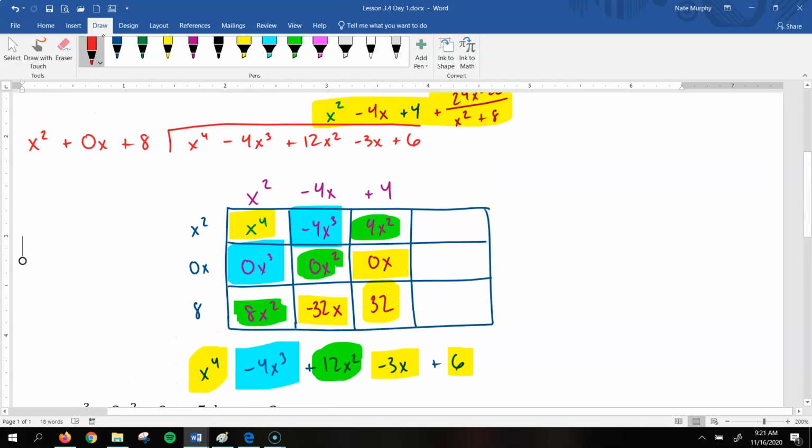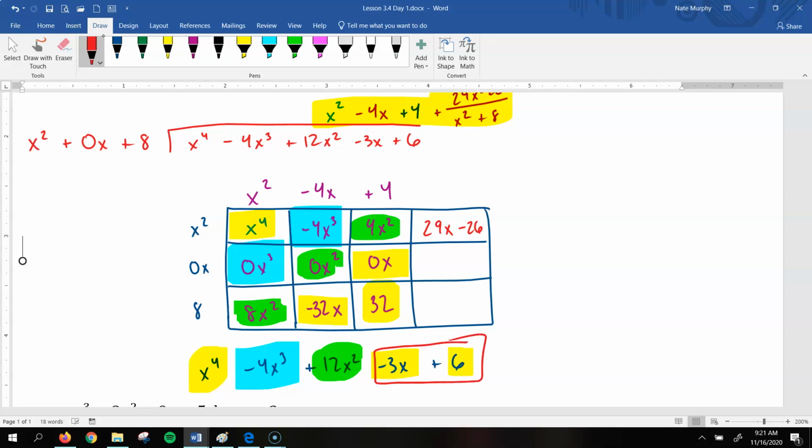So this is going to be my remainder. What would I add to the negative 32x and 0x to get negative 3x? Well, that would be 29x. And what would I add to 32 to get 6? Well, that would have to be negative 26. So that's your remainder. So in a situation like this, we're using that box method and you're going to have a remainder. You've got to figure out what pieces we would add together to what's left over to get the negative 3x